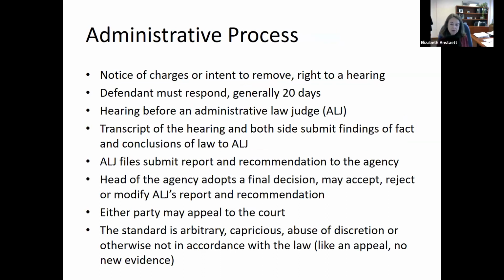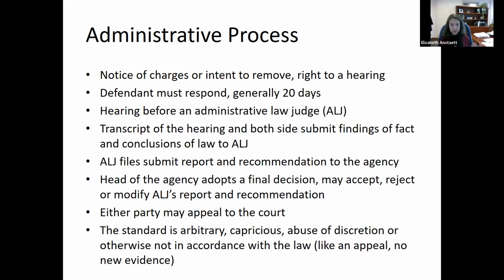With any of these non-voluntary types of agreements, the banks do have access to the administrative process. And basically what that means is a notice of the charges or the action requested by the regulator, a requirement that the bank respond in a period of time, and the right to request a hearing. Maybe the regulator's hoping you'll agree, but if you don't agree, you can contest it and request a hearing. The hearing is before an administrative law judge,